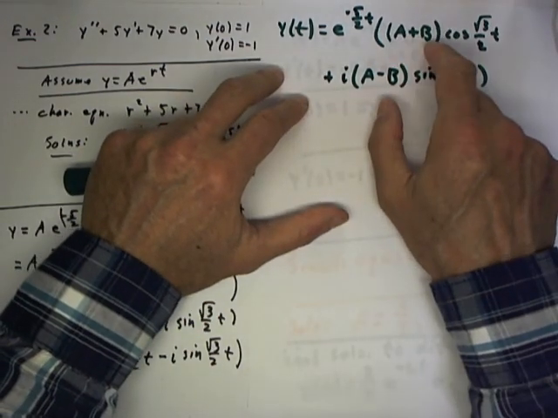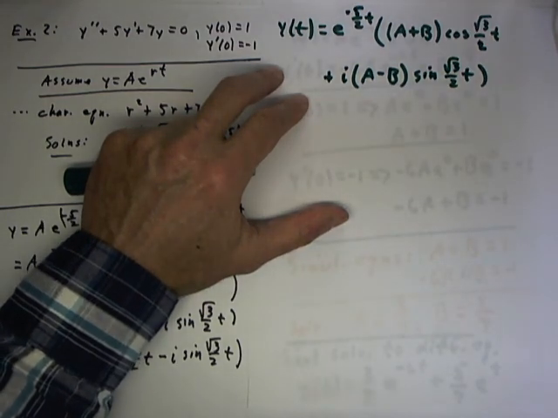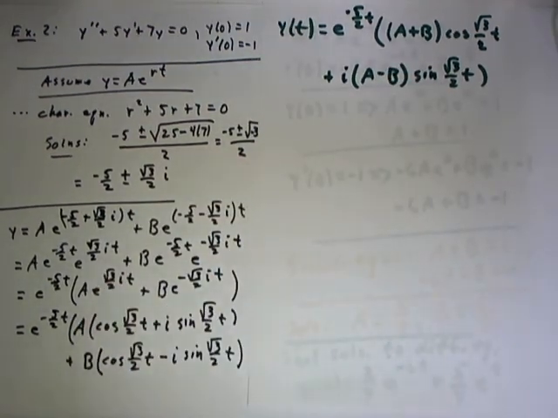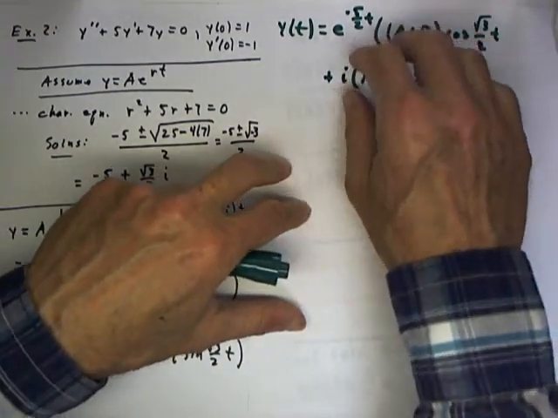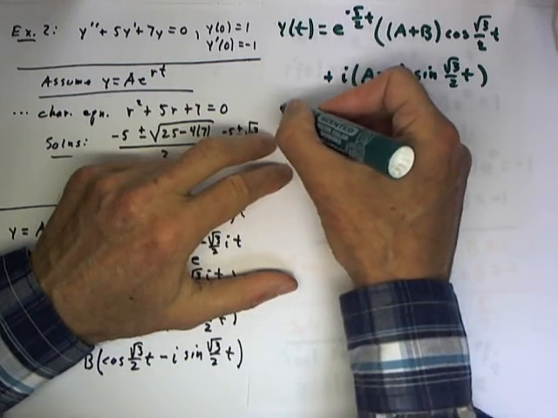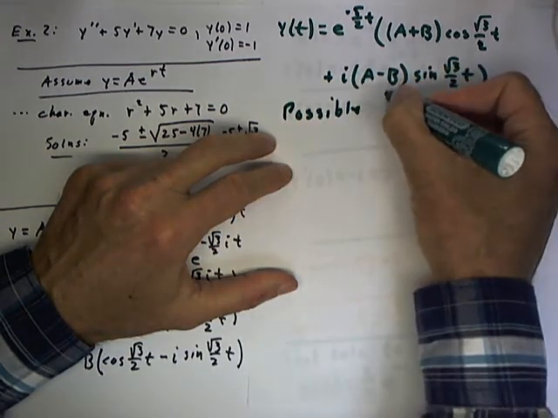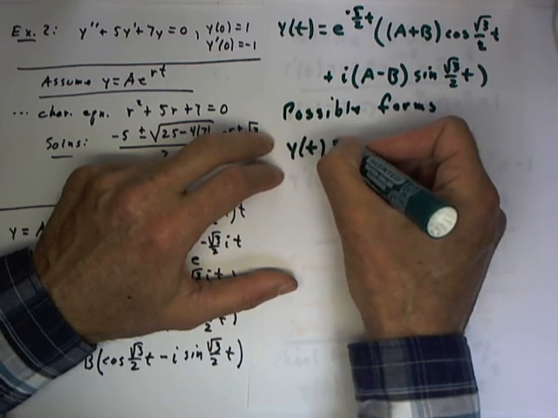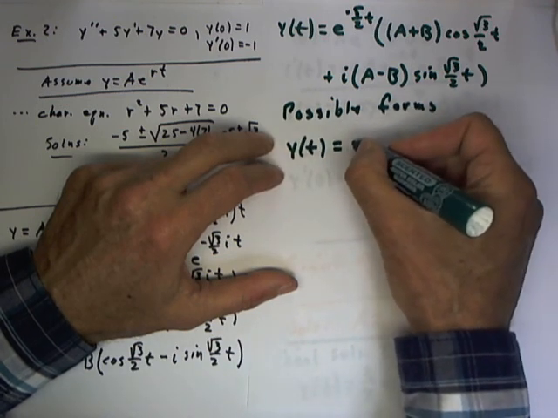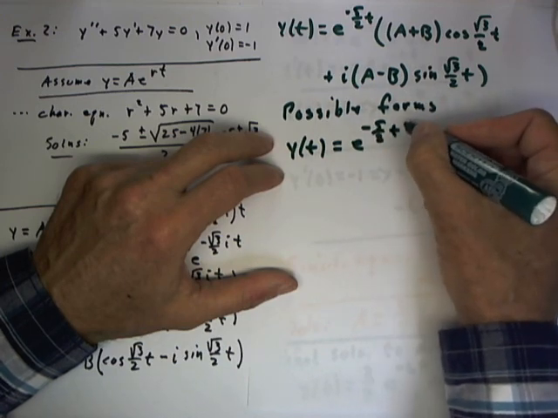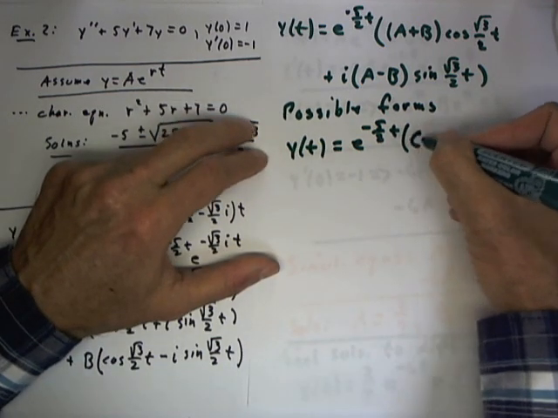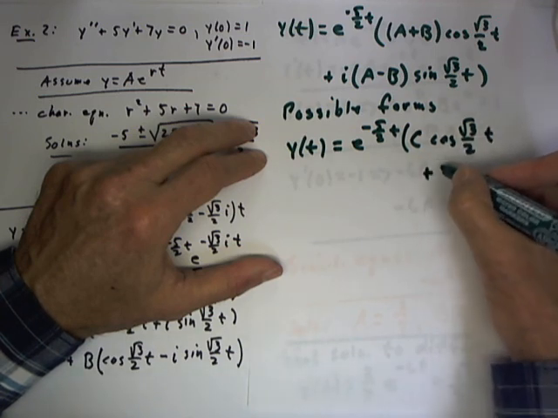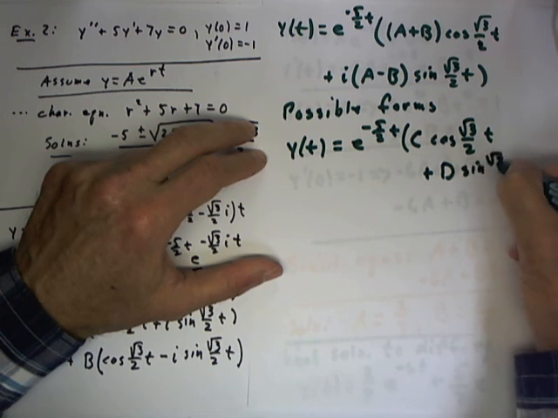Now, as we've seen before, a plus b and a minus b can be set equal to any two constants that we want, including complex constants, so that this general solution can be put into possible forms. y of t equals e to the negative 5/2 t times c cosine square root of 3 over 2 t plus d sine square root of 3 over 2 t,